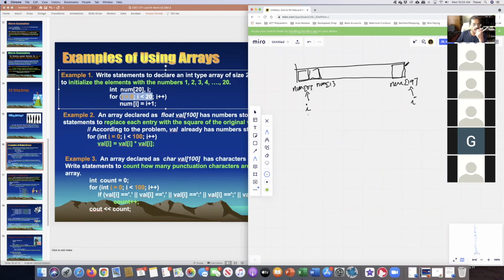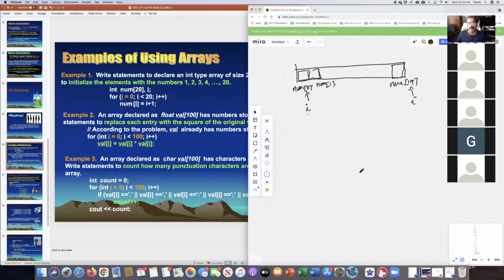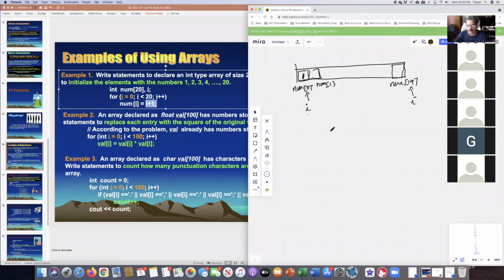So that's why my loop says for i going from 0 to less than 20, which means 19, i plus plus. For all those i's, num i equal to i plus 1. See, when i is 0, i plus 1 is 1, and num 0 is getting 1. So this will assign 1 to num 0. So we have a 1 in the num 0 now. And then i becomes 1 now. I was 0 before. I increases to 1 here. When i increases to 1, I'm doing num 1 equal to 1 plus 1, which is 2. So num 1 is getting a 2. So you have a 2 here. And the next element,